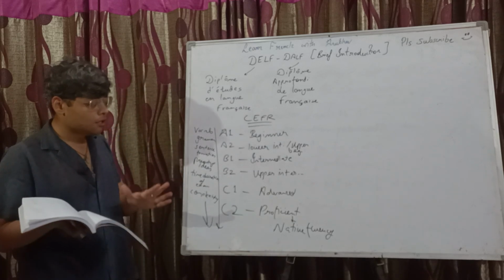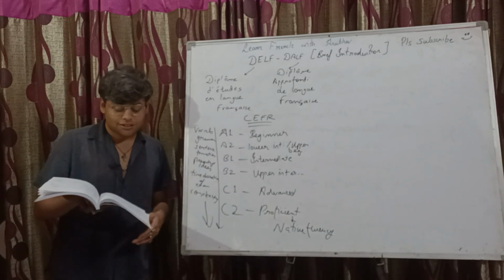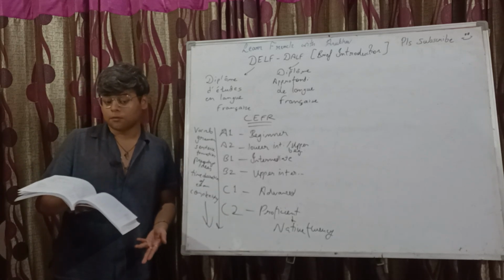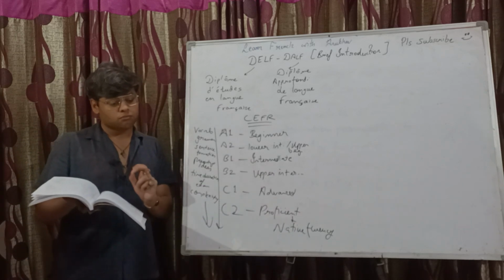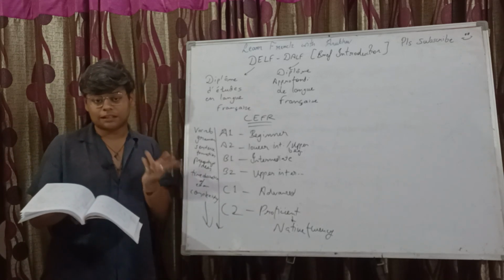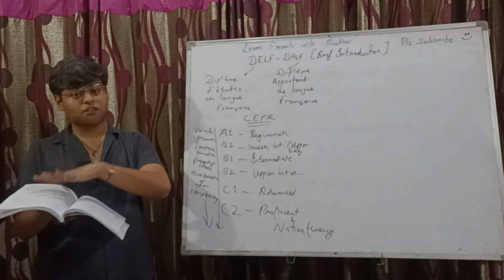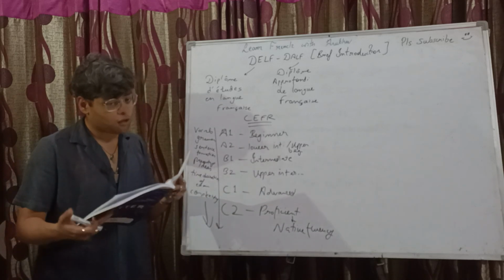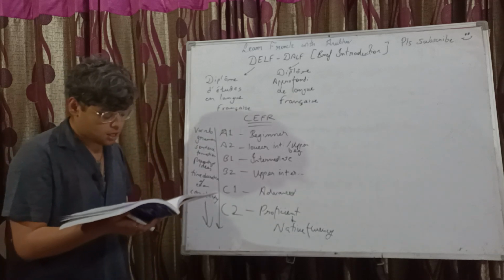As you all must be knowing, A1, A2, B1 I cleared in the first attempt, B2 I cleared in the second attempt. Most probably in the first attempt I wasn't prepared much to give the exam, but from my first attempt I got to know the weaknesses, the areas where I'm lacking, and that's how I improved, like 24 marks improvement from my first attempt to my second attempt in B2. Anyways, I have already talked about my A1, A2, B1, B2 experience on my channel. You can check out those videos.